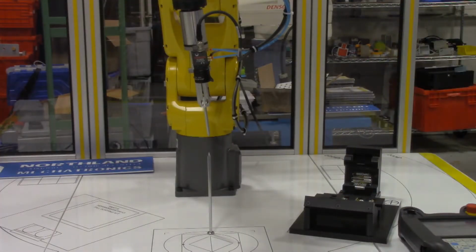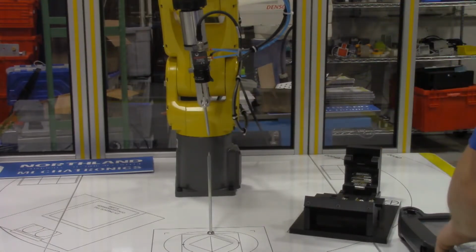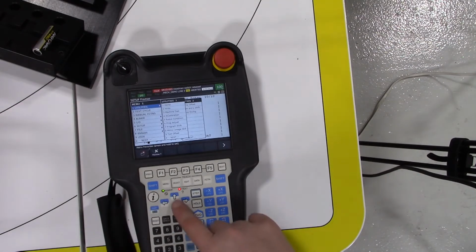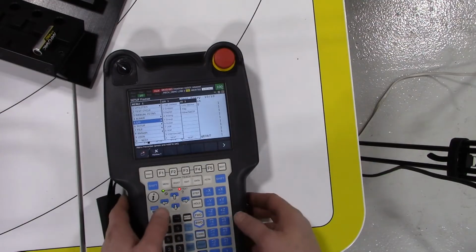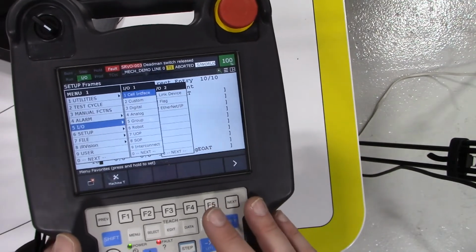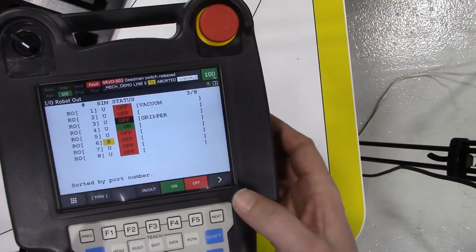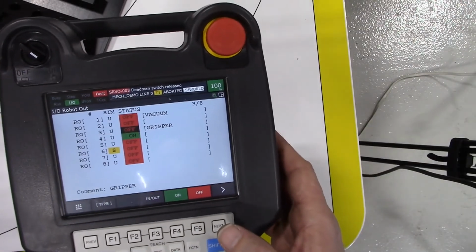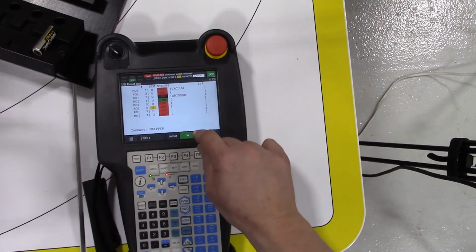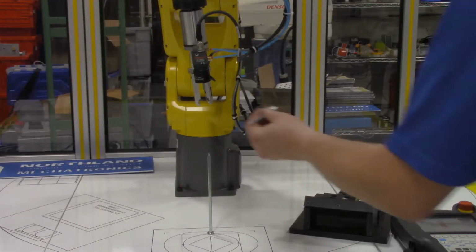A 3-point method. So first thing I'm going to do is to remove this, and to do that, once again, I'm going to go back into the menu and find those input outputs, and I've got to be able to open and close the gripper. So it's a robot input output, and there's the one for the gripper. So I can just hit the on-off buttons to release that. There we go. So we're able to remove it from the robot, and now I'm going to put it in